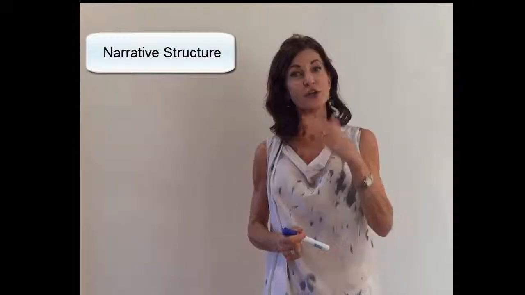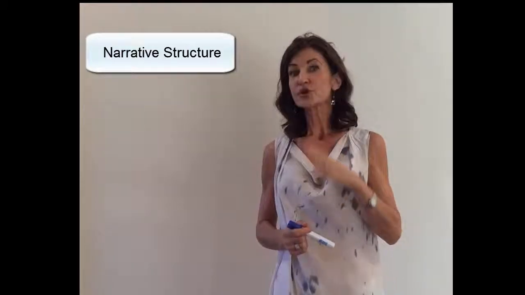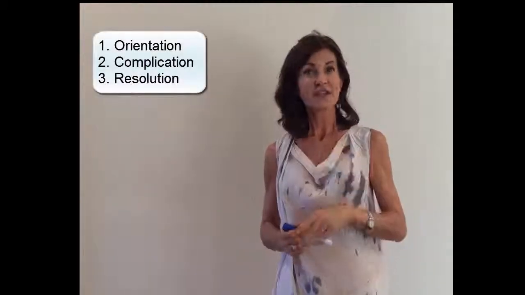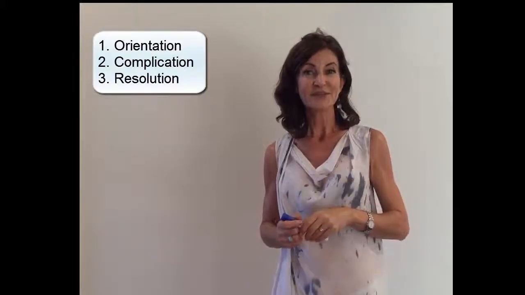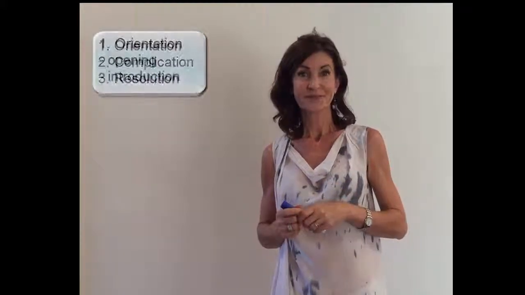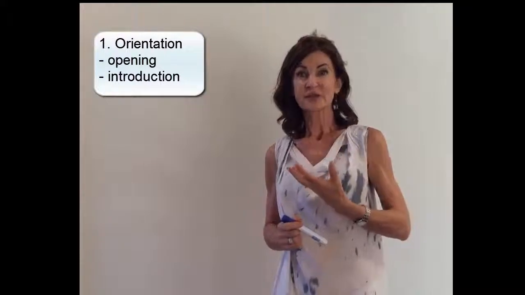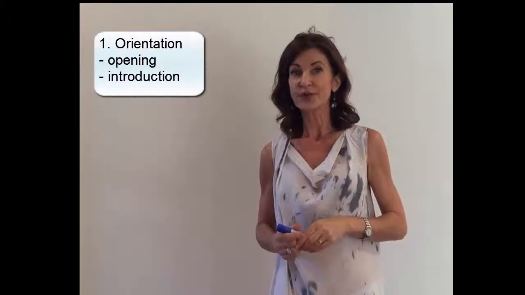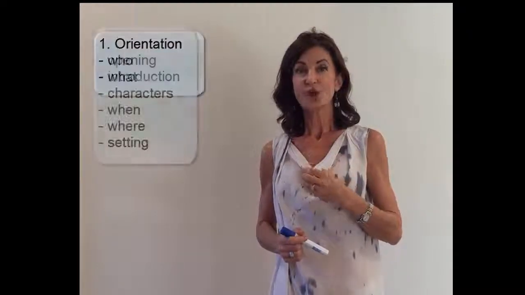Today we're going to talk about narrative structure. So when you're writing a narrative, there are usually three main sections to a story: the orientation, the complication, and the resolution. In the orientation, which is the opening or the introduction of your story, you need to introduce who